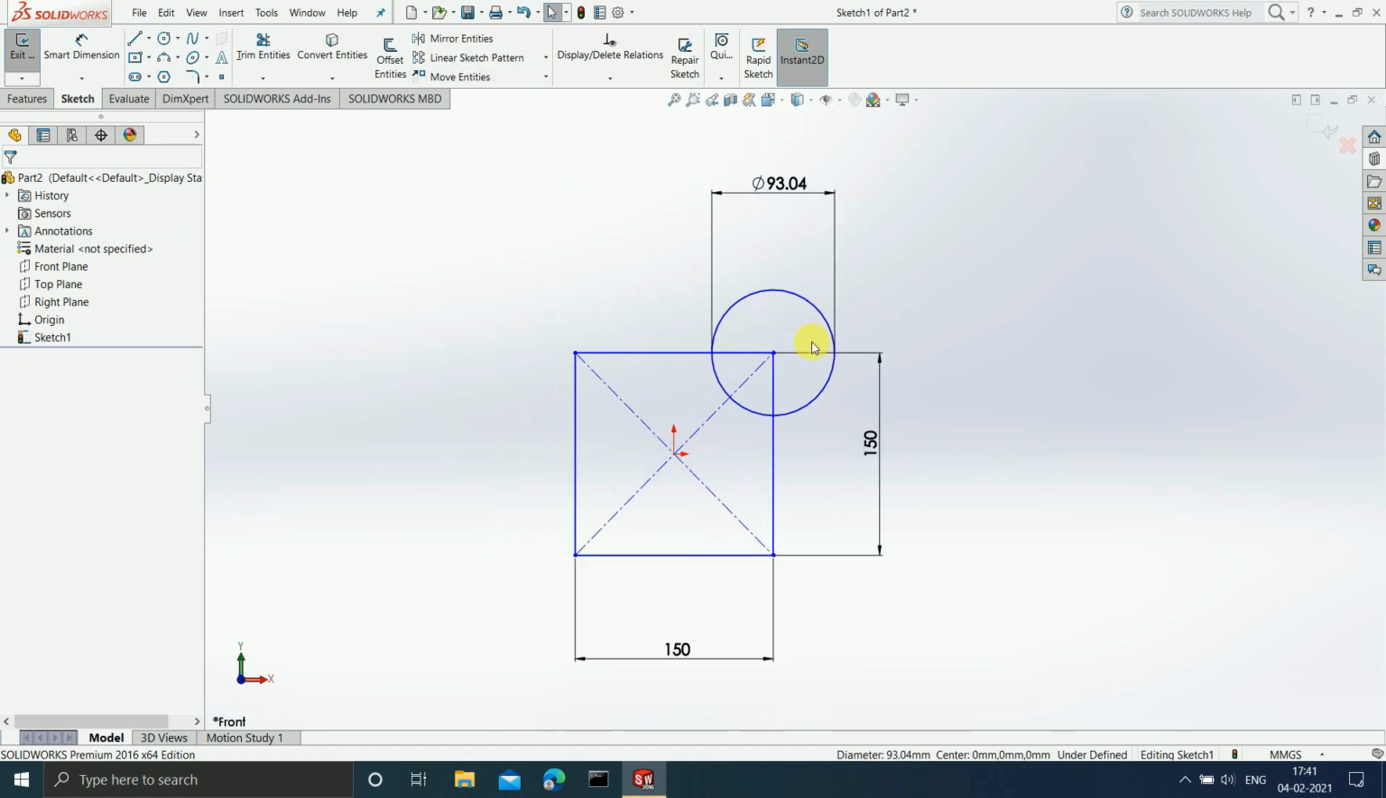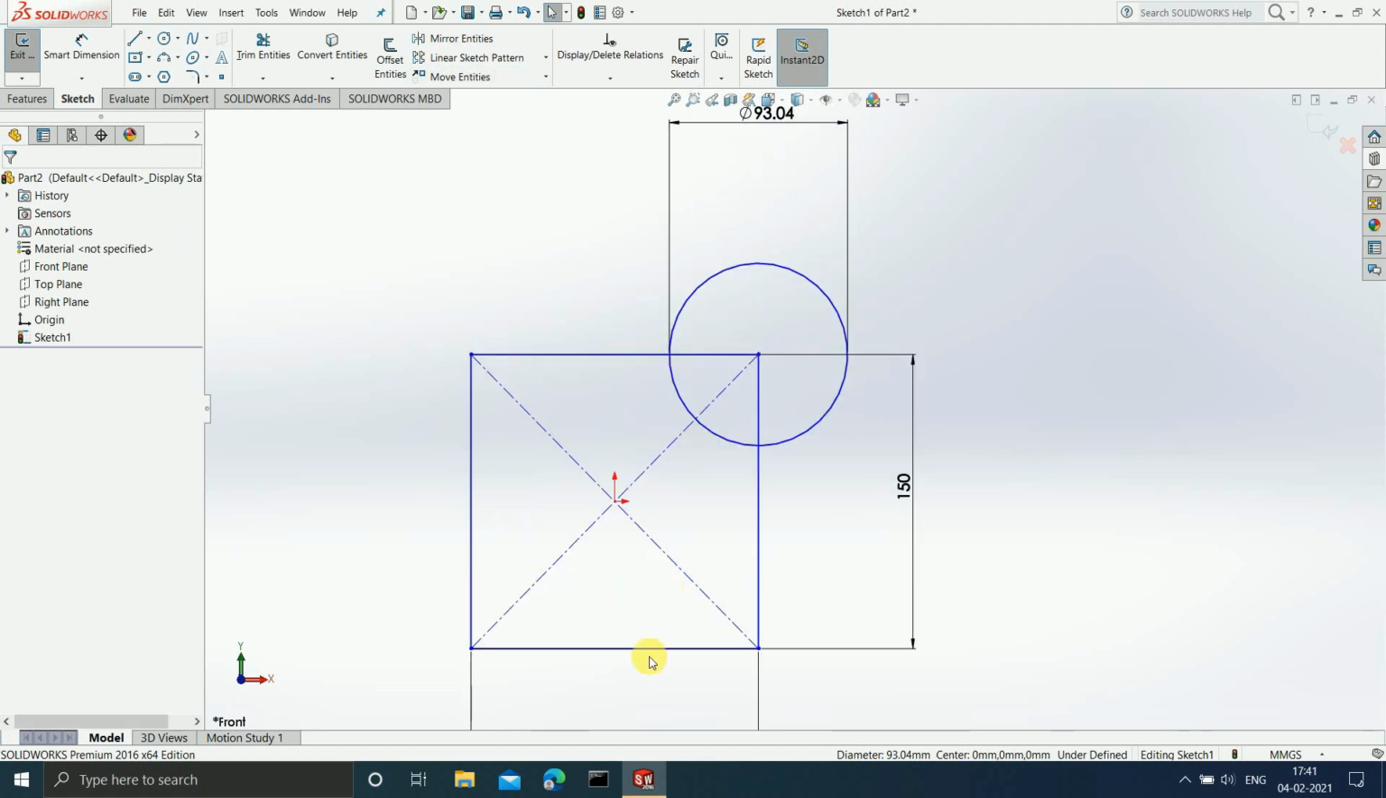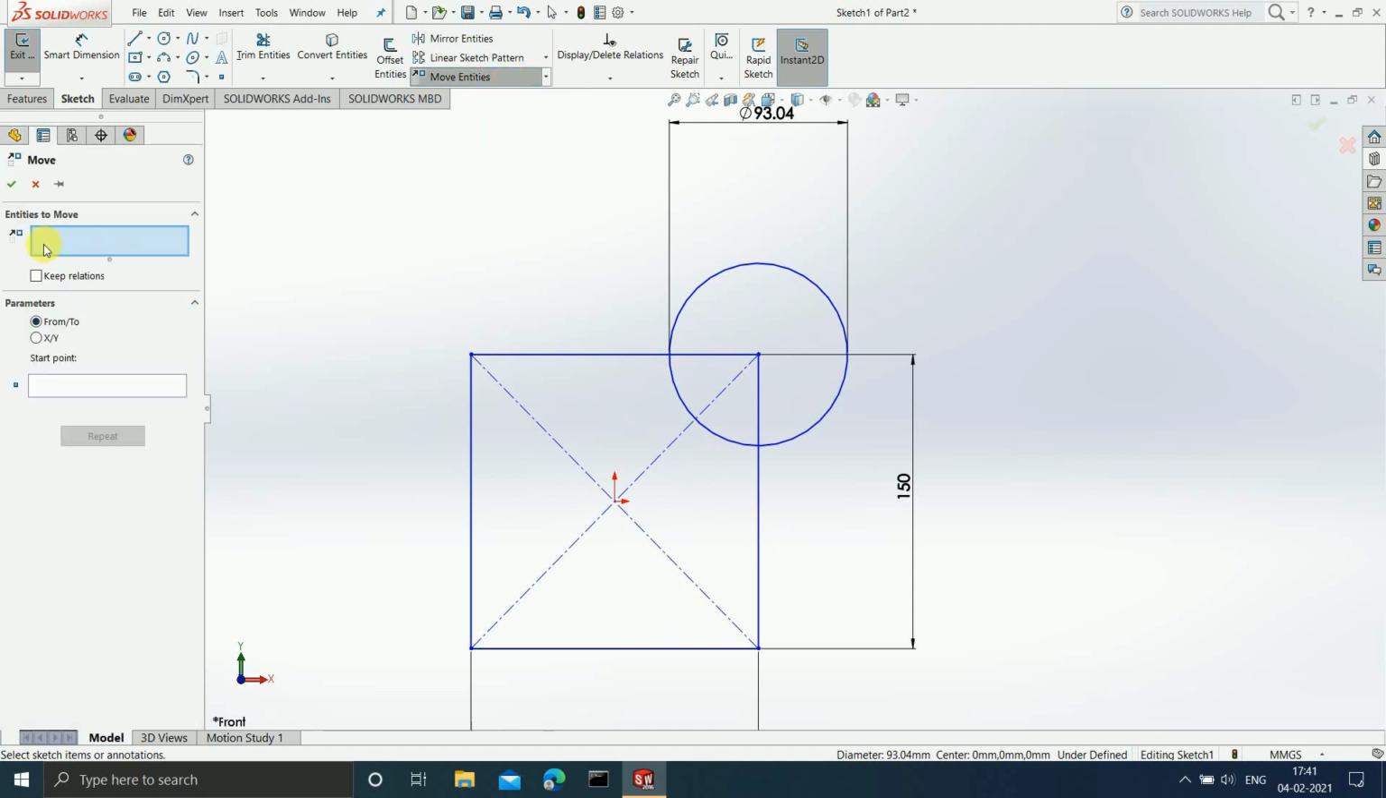Done. Now suppose I want to bring this back again. When I bring it back, I am going to explain two concepts here, so listen carefully. I again have to select move entities, and select the entities that I want to move. I want to move this circle only. Now you can see that even without selecting the center, I can still move this circle. I will select any of these points as a start point, and now I will be able to easily move this